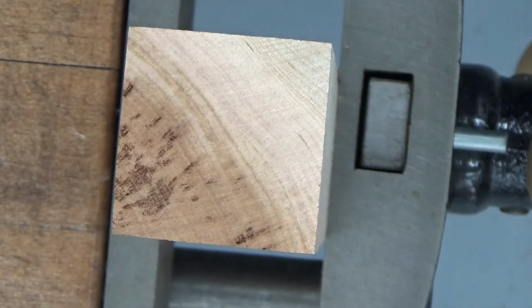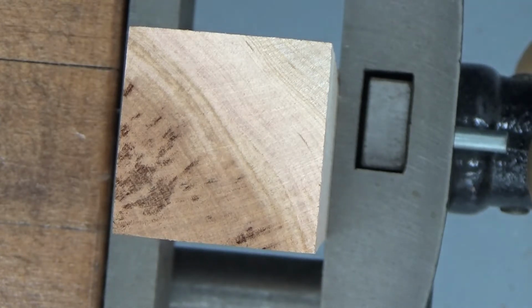Today we're going to be trying to make a multi-axis triangular tool handle. The advantage of this is that it's really comfortable to grip, and you can make it any size you want. As you get older, if I've gotten older, I find that having a bigger handle is more comfortable. So the first thing to do is the layout on the piece, and the layout is critical